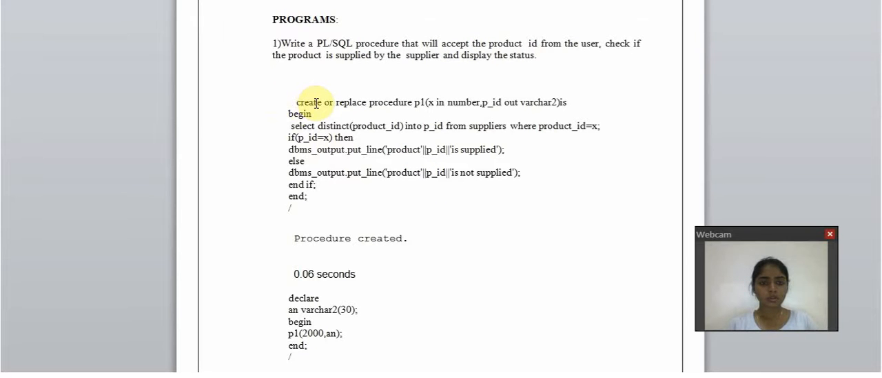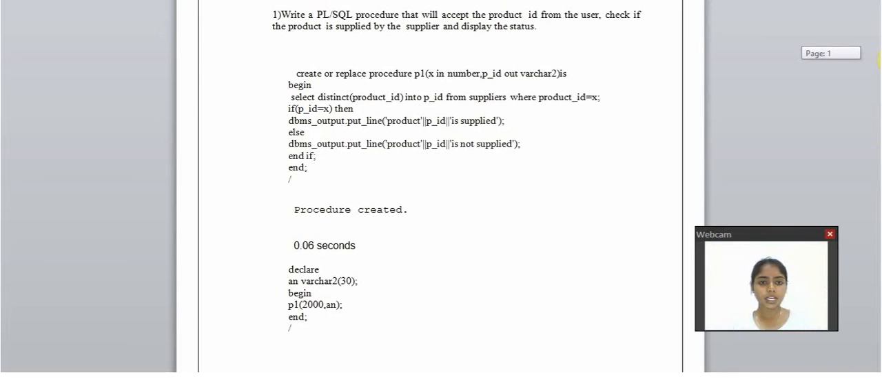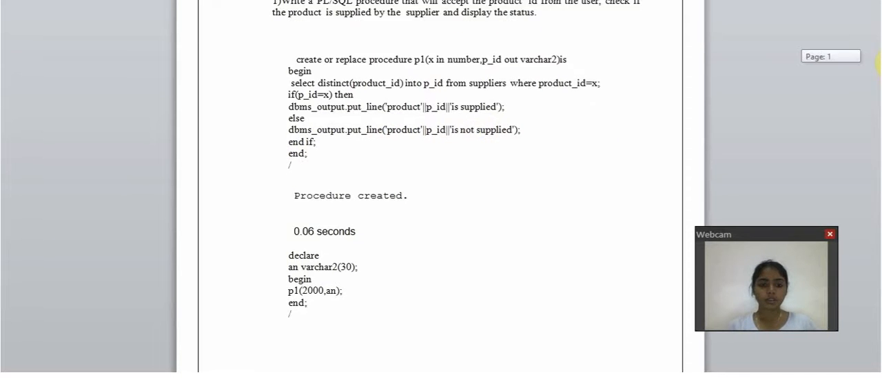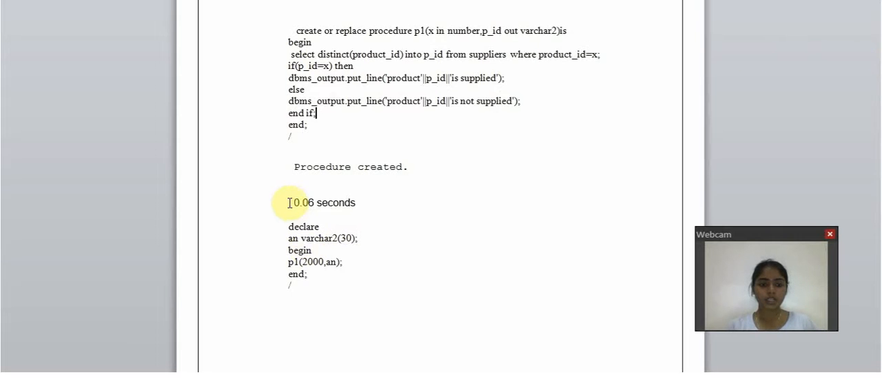For this we use the code: create or replace procedure P1 (X in number, PID out varchar2) is begin, select distinct product ID into PID from suppliers where product ID equal to X and PID equal to X. Then dbms_output.put_line product PID is supplied, else product PID is not supplied. So the procedure is created,